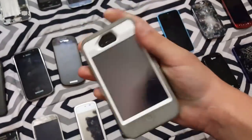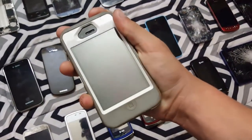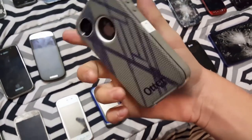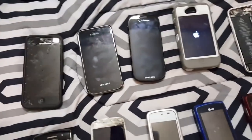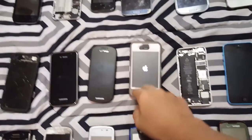And yeah, next up we have this iPhone 4, which is also on 7.1.2, and it is also jailbroken, and actually it's charged, which is kind of cool. But it's on Verizon, just like that one, and actually those are the exact same on how the home screen and whatnot looks. I put the same stuff on them and whatnot, so, yeah, I can also do